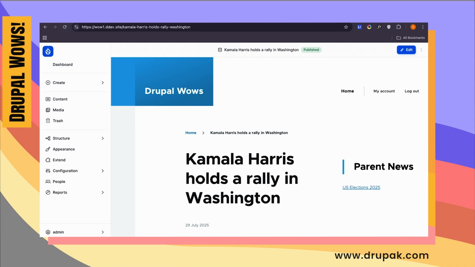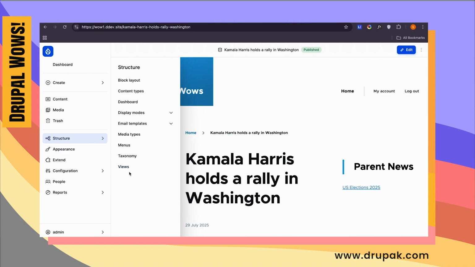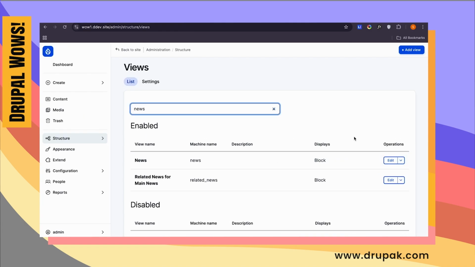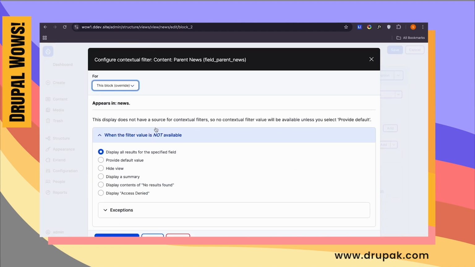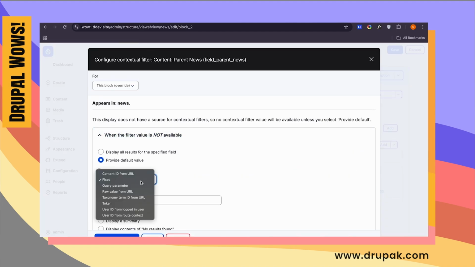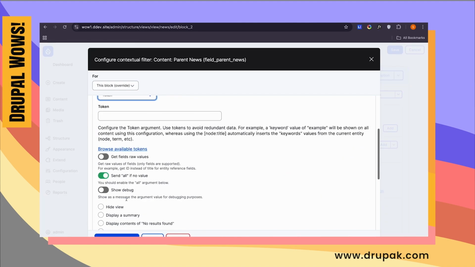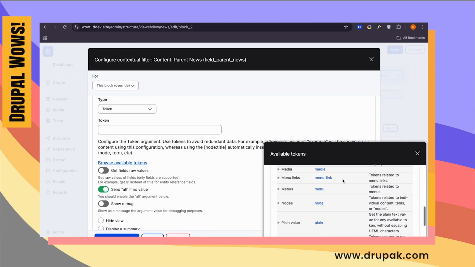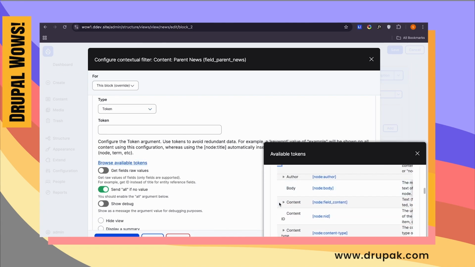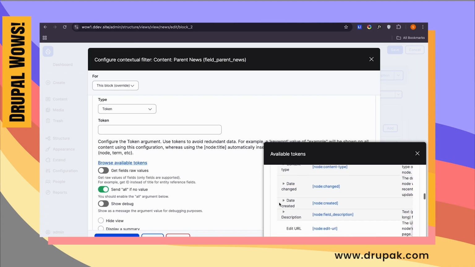By the way, you can quickly come check any views again, because I have closed this. So I'll go to sibling news, and here now if I click on the contextual filter for parent news, again provide default value, it would have the token also. This is the token value, and you can browse tokens, and this is through the token module. And we'll come to the nodes, because news is a node in Drupal here. So in the content, we have a field of